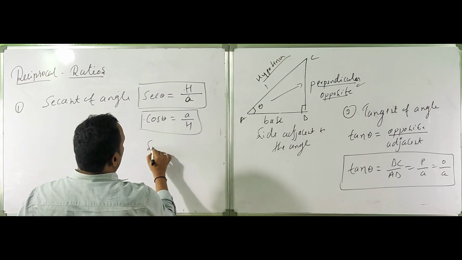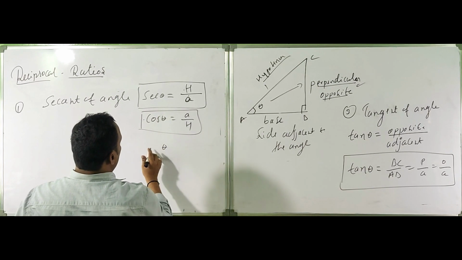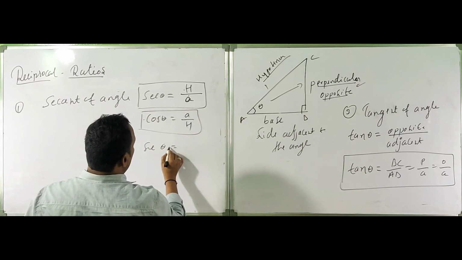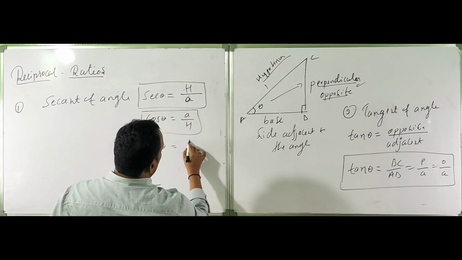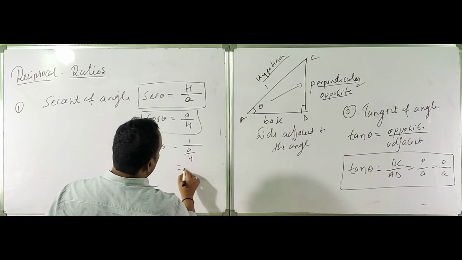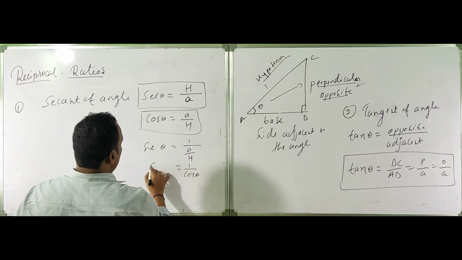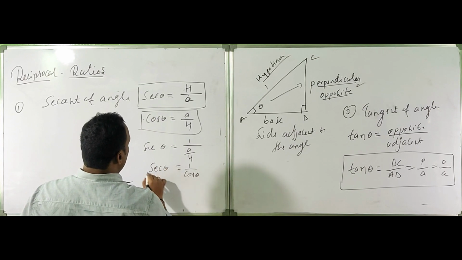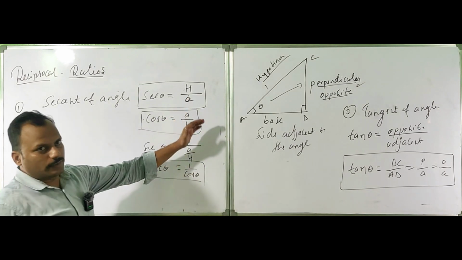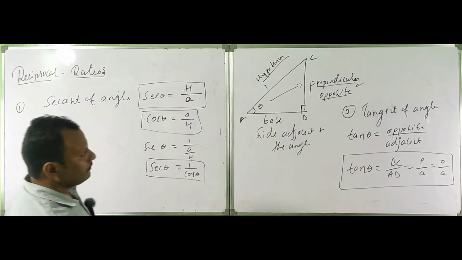Therefore, sec theta we can write as 1 by A by H. This is 1 by cos theta, right? Sec theta is equal to 1 by cos theta. This we can write as H by A, A by H, right? Similarly,